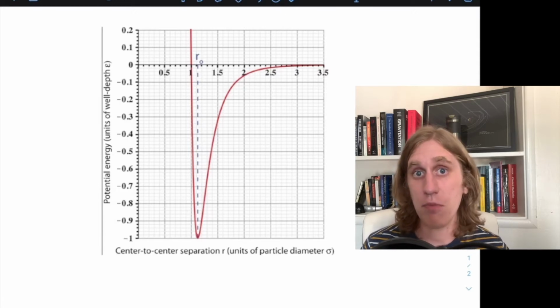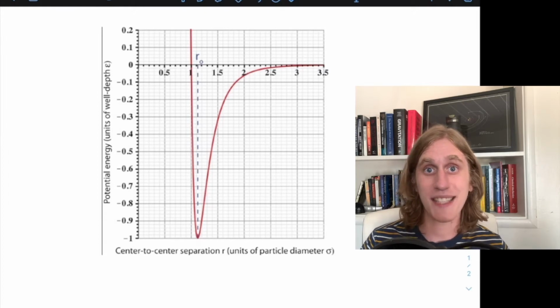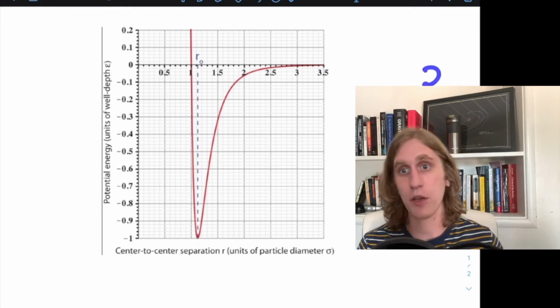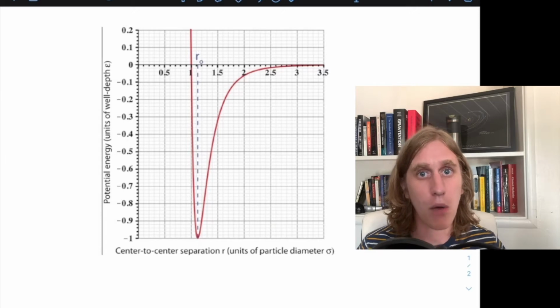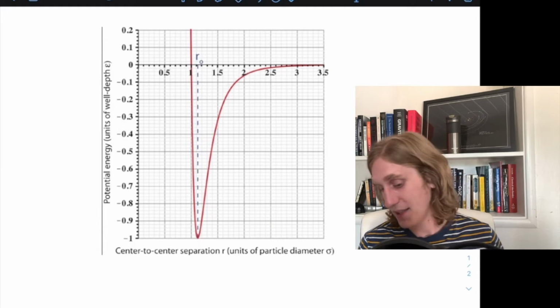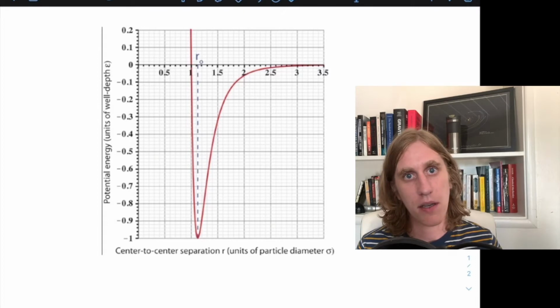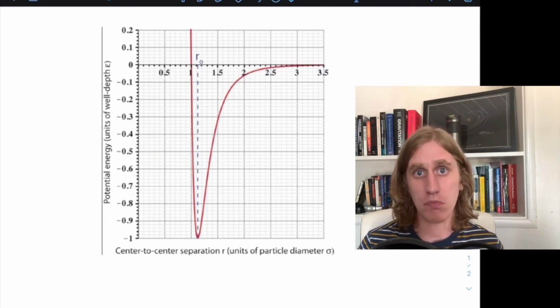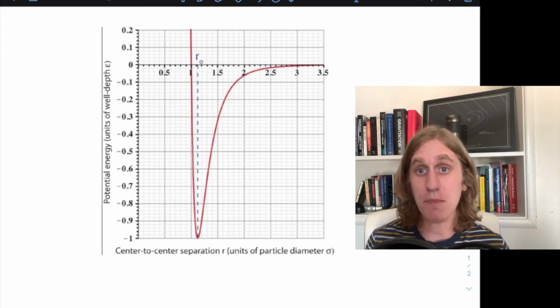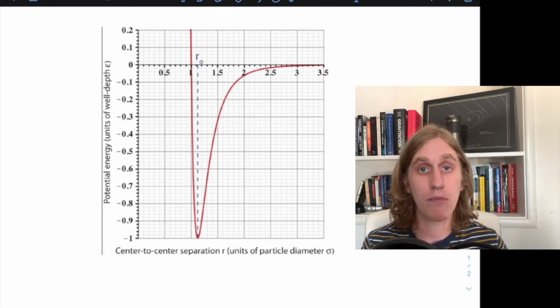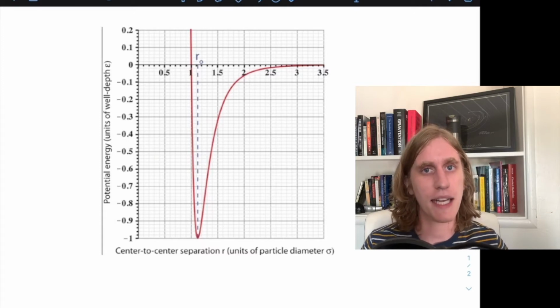But now imagine two particles in a gas. The two particles in a gas are so far apart that they're just off the graph. They're not really interacting anymore. How much potential energy do those particles have? Well, they have 0 because the Lennard-Jones potential energy goes to 0 as you get far apart. And so in order to go from a solid to a liquid and then to a gas, you need to push the particles up the well. They have to escape. And that's why the changes in bond energy for solid to liquid and liquid to gas are positive.